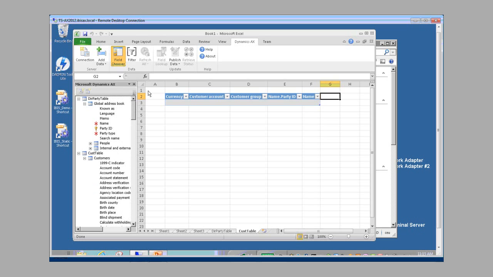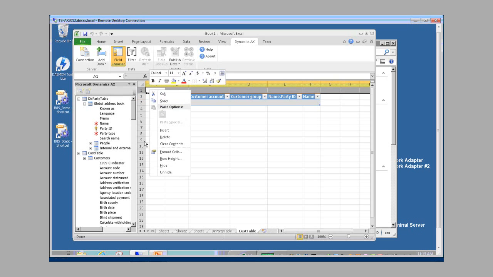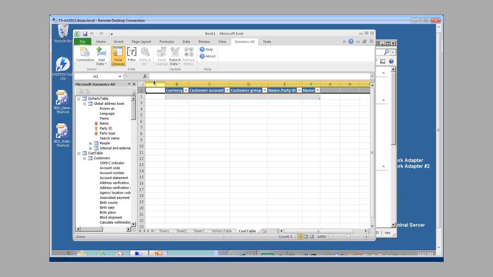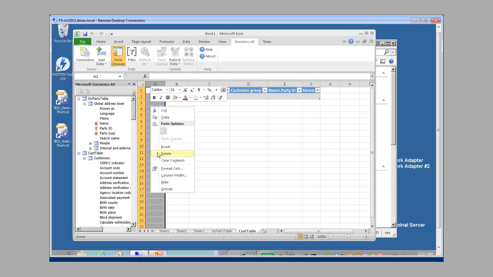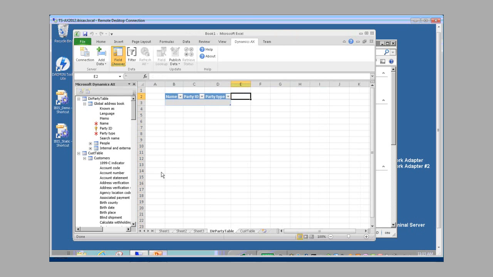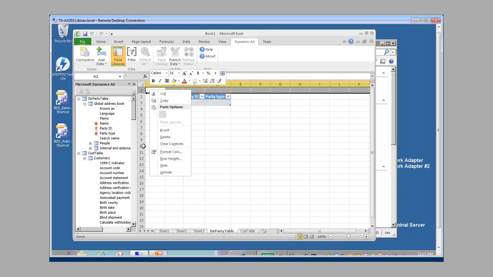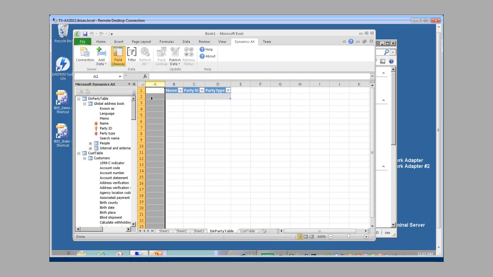Okay. Now I'm going to delete that row, delete this column, and I'm going to go to my DIR party, and I'm going to do the same thing. Okay, now,